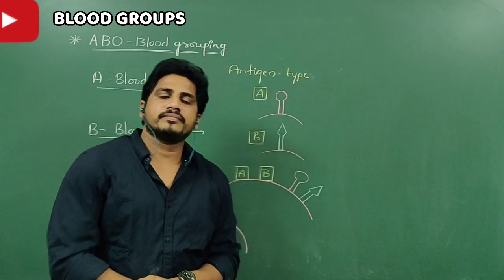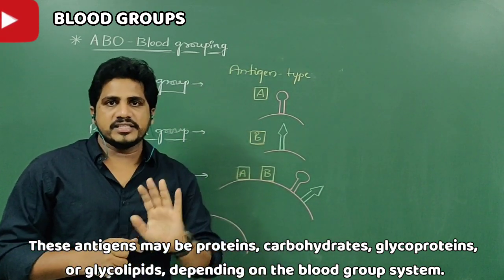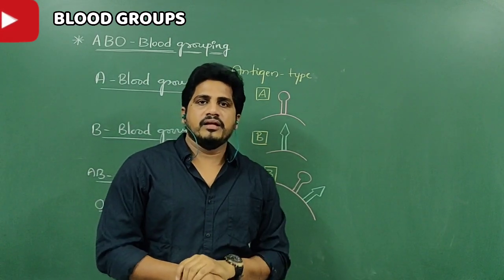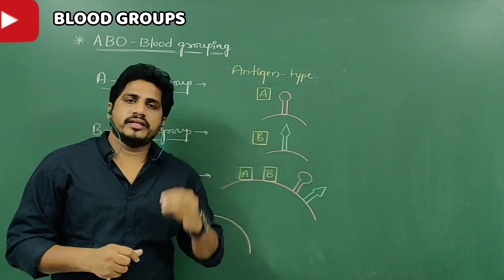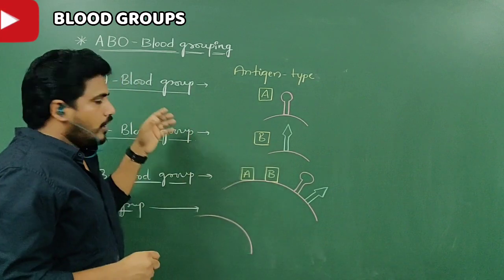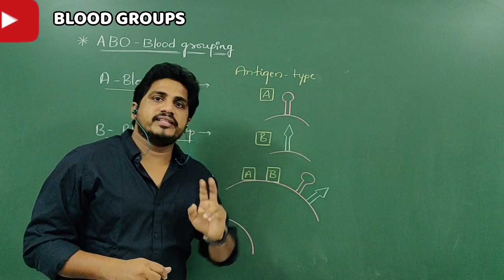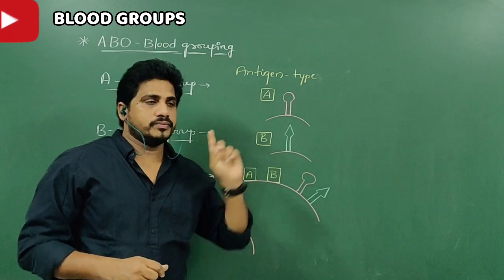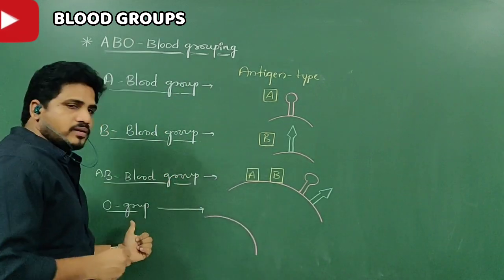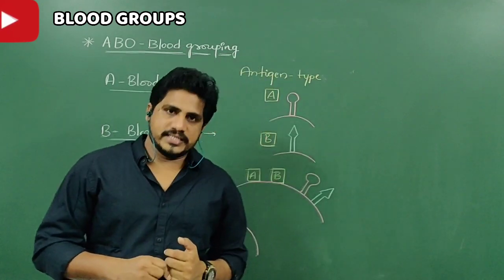Let me repeat it. Antigen may be carbohydrate or protein or other than that. Antigens deciding the blood group are two types, A antigen and B antigen. Where do these antigens exist? They are incorporated with the cell membrane of RBC only. How many blood groups have both the antigens? One. How many blood groups have either one antigen? Two, this one and this one also. How many blood groups do not have antigen? One. That is O blood group. This is a simple manner to understand antigens.